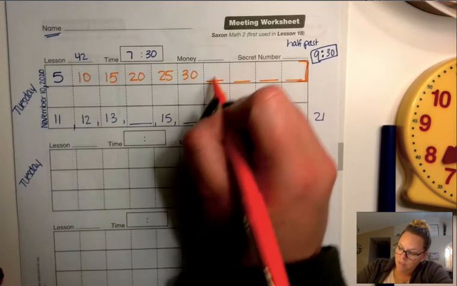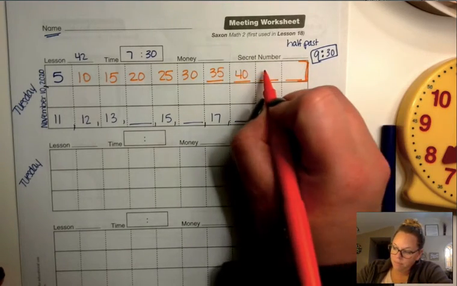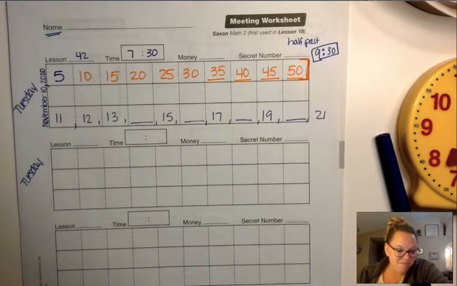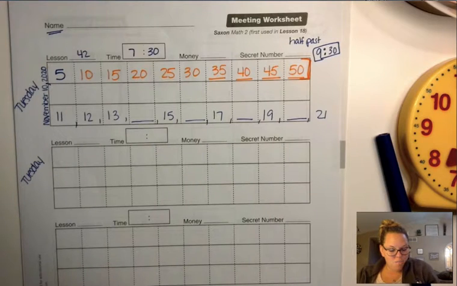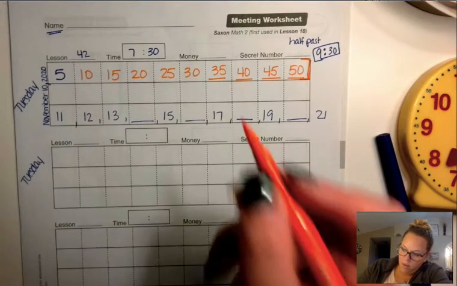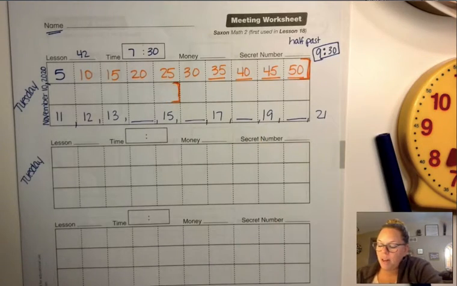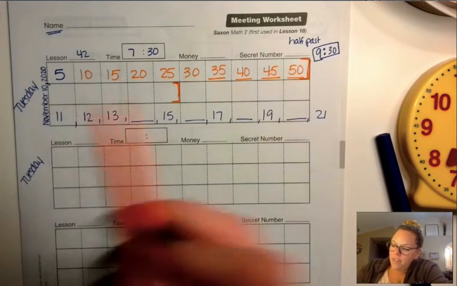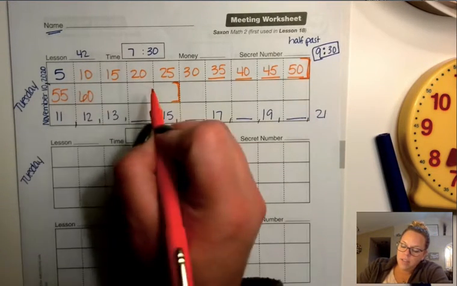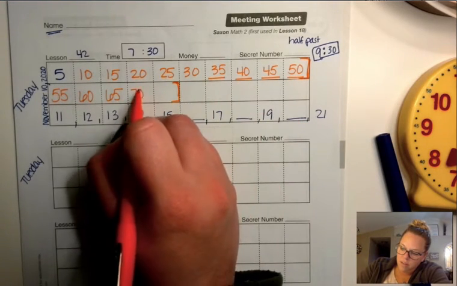Okay, let's check it out. 35, 40, 45, 50. Very good. Let's go ahead and do just a little bit more here. What comes after 50 when you count by 5s? 55, 60, 65, 70,